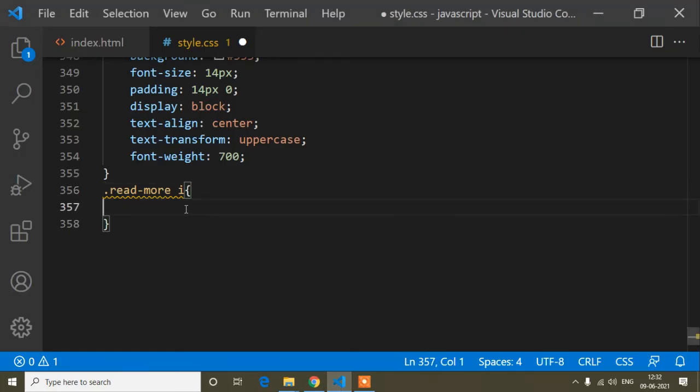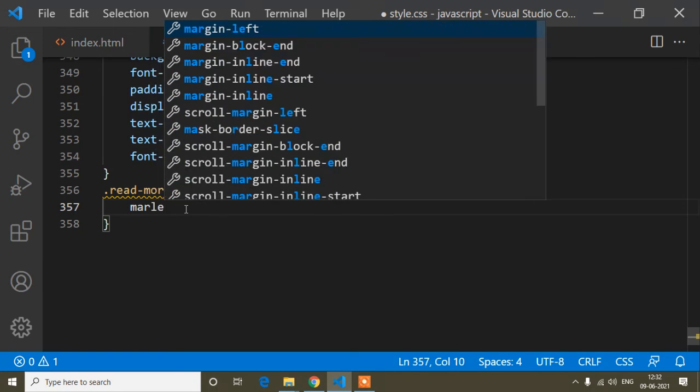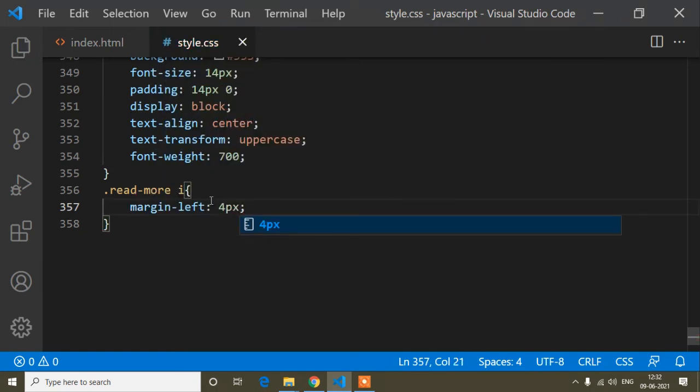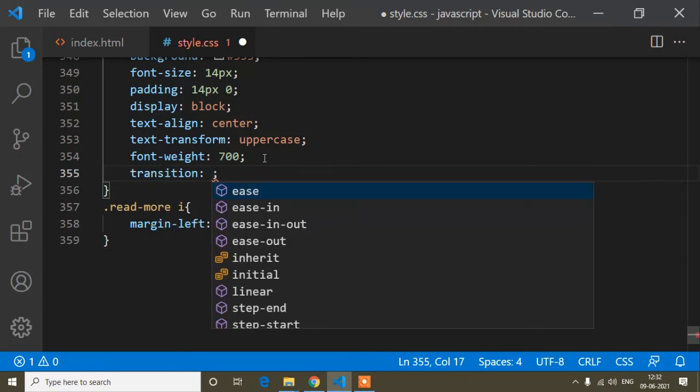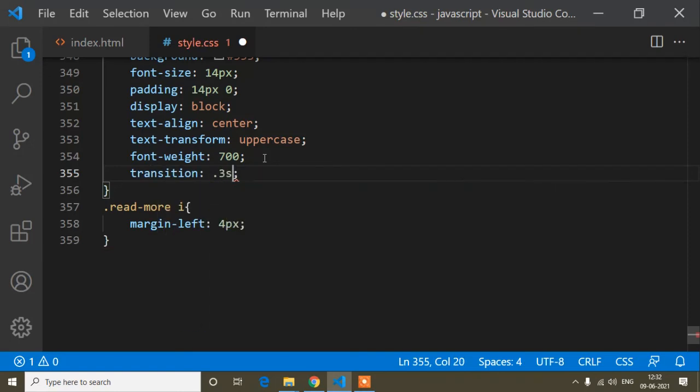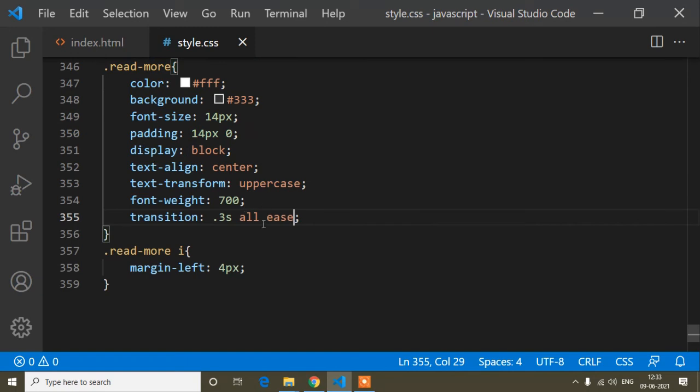So I will add the space. Here I will write margin-left is 4 pixels. And here I will add the transition, the same 0.3s all. That means when I add the button hover effect on this button, it will be added very smoothly. So this is done.